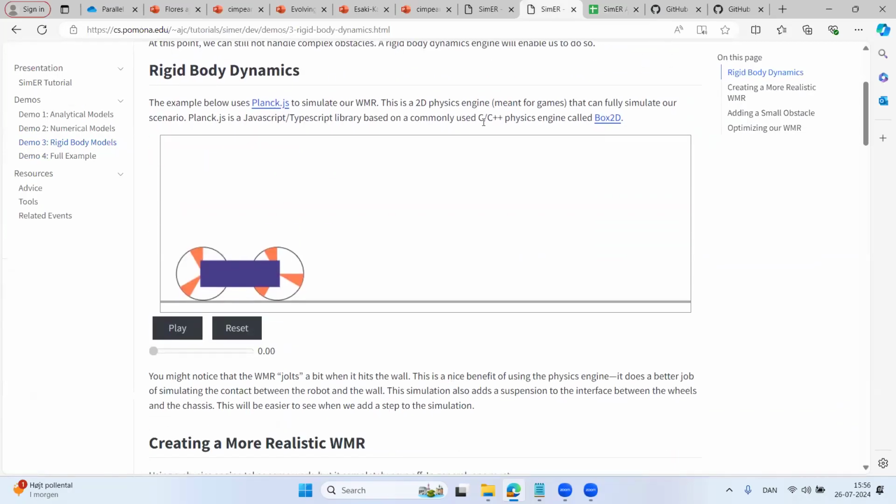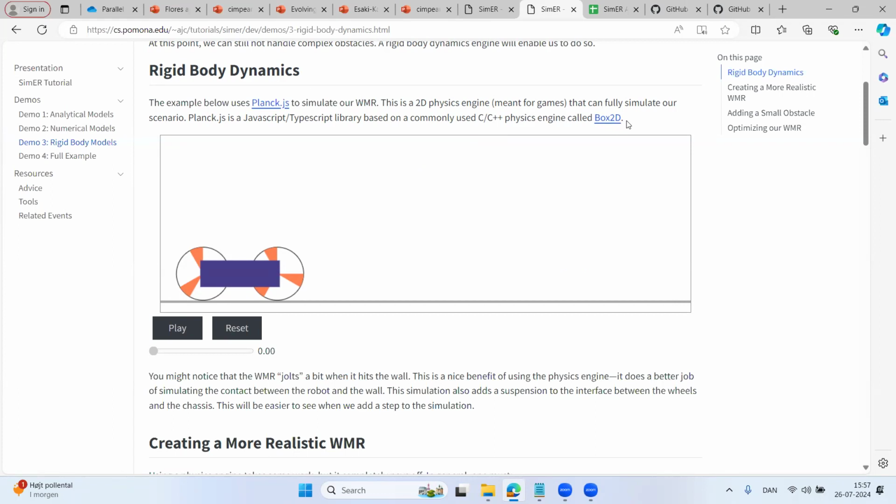As I said, I'm a little bit addicted to simulations, simulation engines and physics engines. And so this is a rigid body dynamics engine called Planck.js. It's written in JavaScript because I wanted something I could embed into the web browser, and I wanted an excuse to use another physics engine. I could have just created videos for all of these.